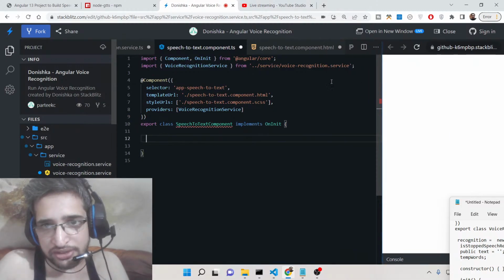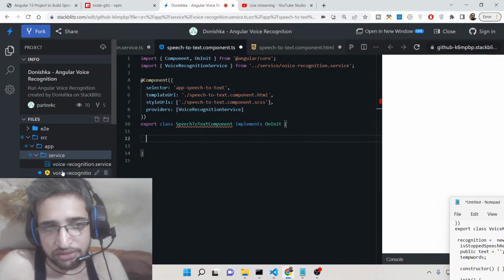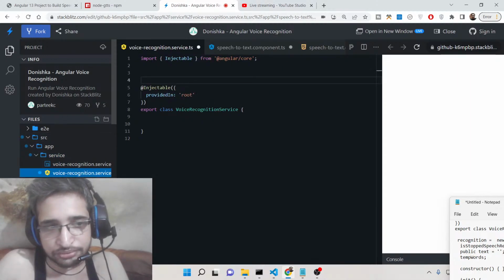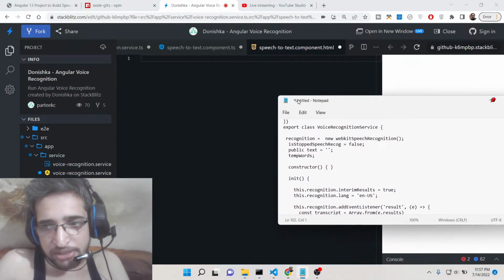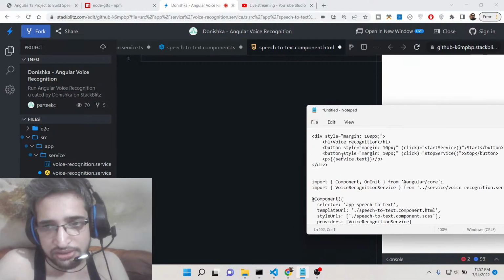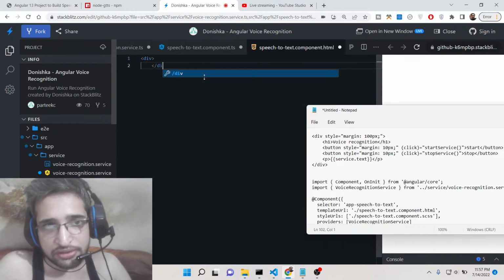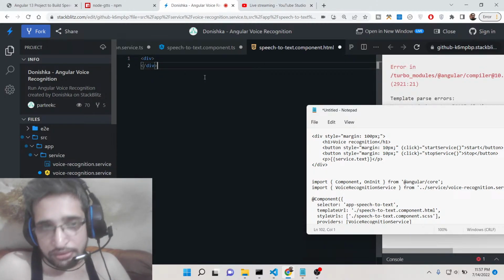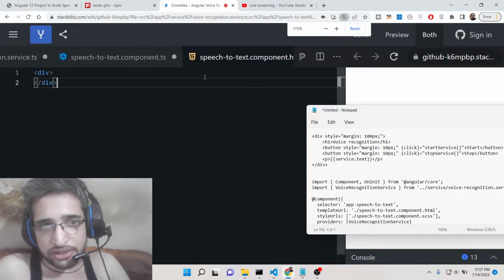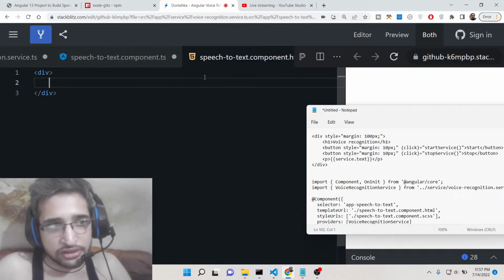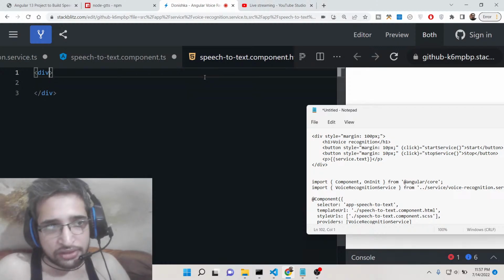So we are importing this service. We are writing all this code inside a separate service which we have deployed here. You can see that. So inside the HTML, guys, we will require two buttons. We will write the HTML here for this application. Let me just zoom in so that you can see properly what is happening. Inside this, guys, we will attach a style attribute to it. We will give it a margin of 100 pixel,